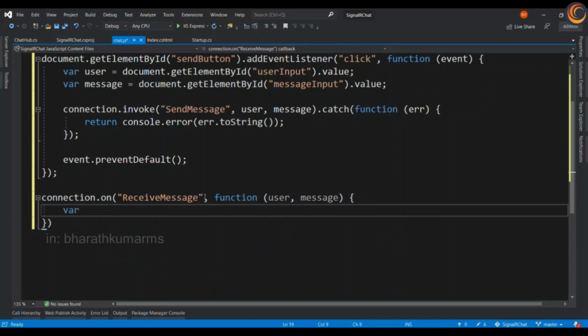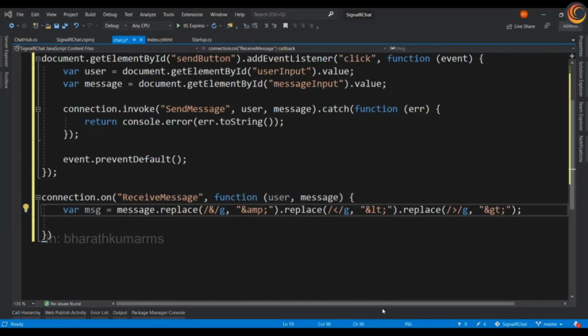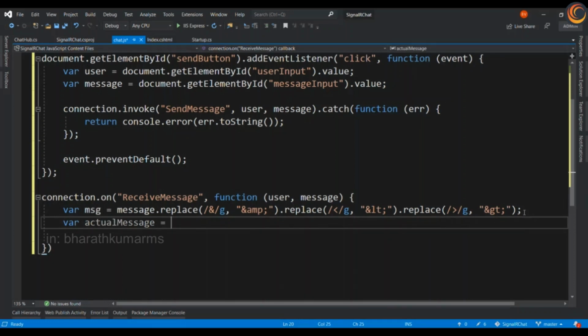And we have to make it a little pretty. I have prettied the message by replacing the greater than and less than symbols. And now let me create the actual message. And let me say user says and the message.